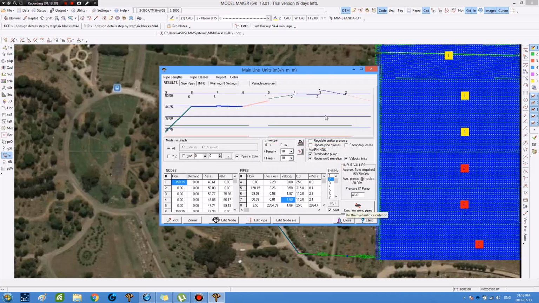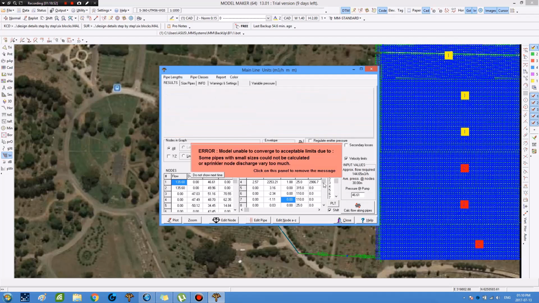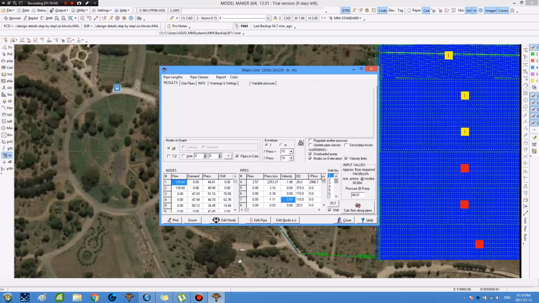Finally, we check the velocities in the main pipes system for the first shift and the second shift, and as we see, all velocities in these main pipes are equal to or less than the maximum velocity limit, which is 2 meters per second. So we press on the calculate flow along pipes, then the warning message disappears, i.e. it is okay. Then we press on the close